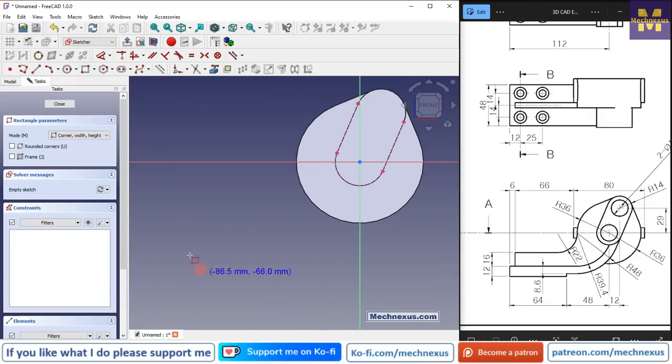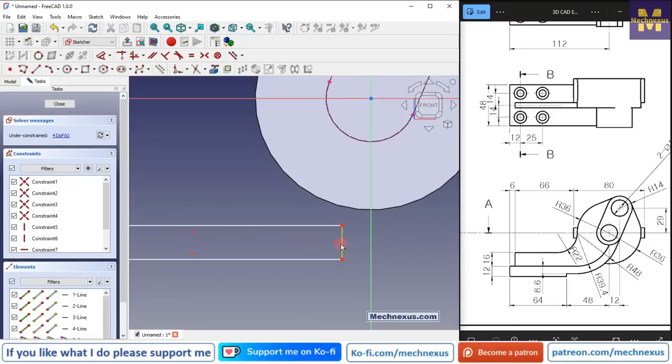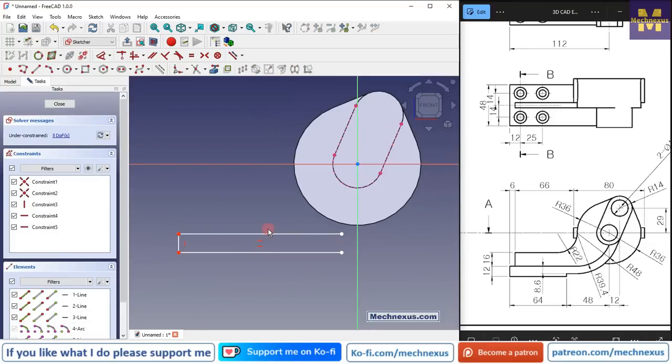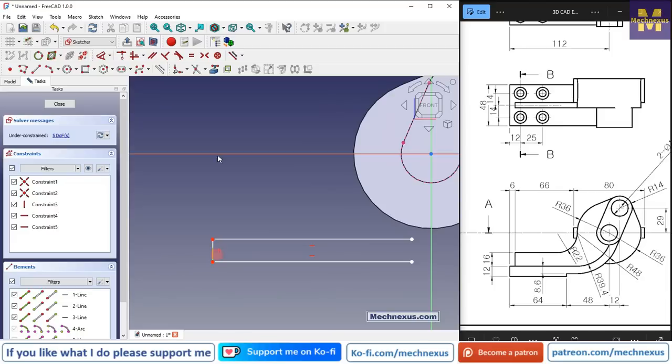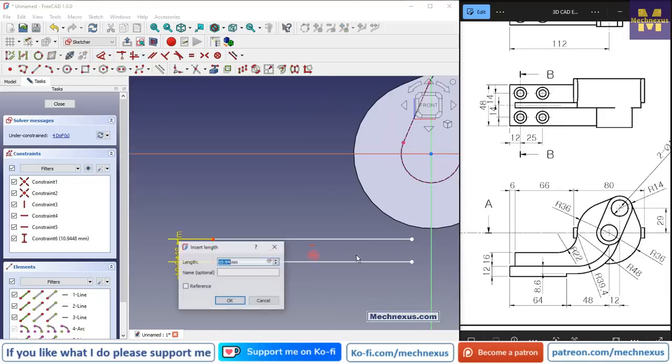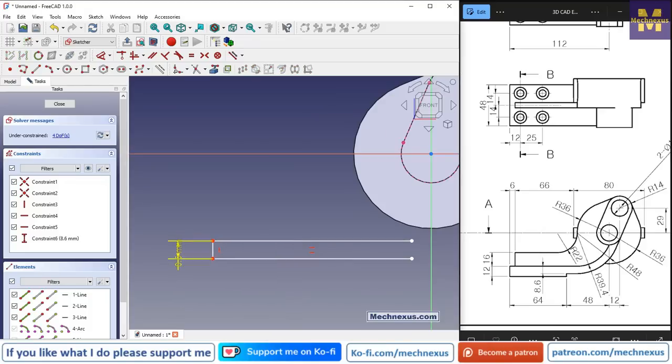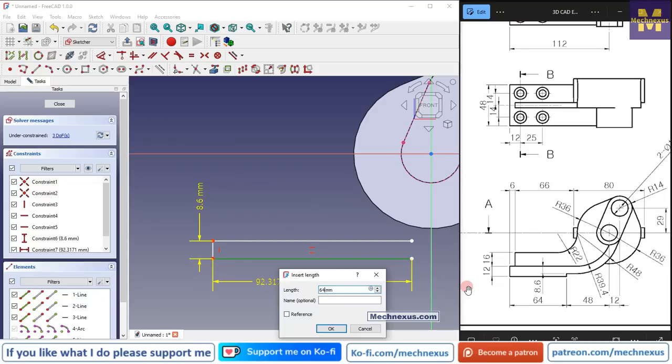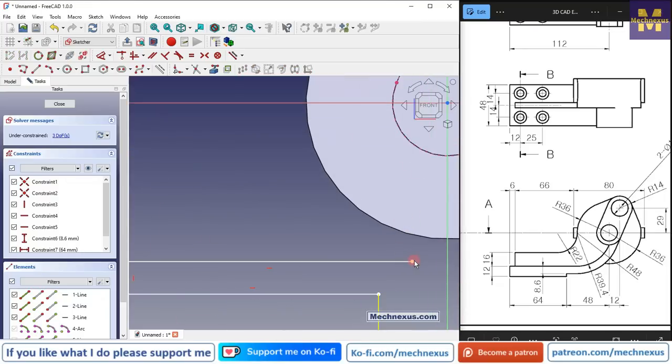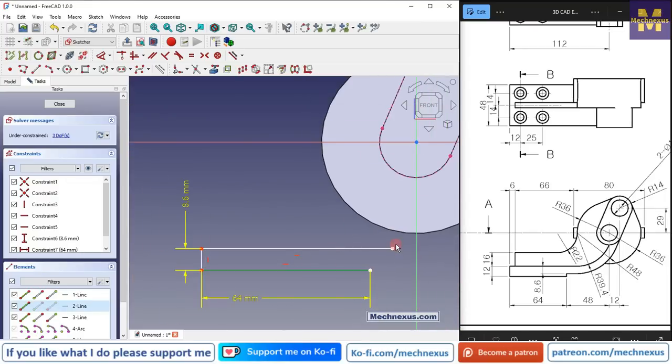we will create one rectangle and we will delete this line, and this is of 8.6 mm, so we will select a smart dimension and provide it 8.6, and now we will provide the distance 64 mm, and now we can add a vertical relation here between these 2 points,